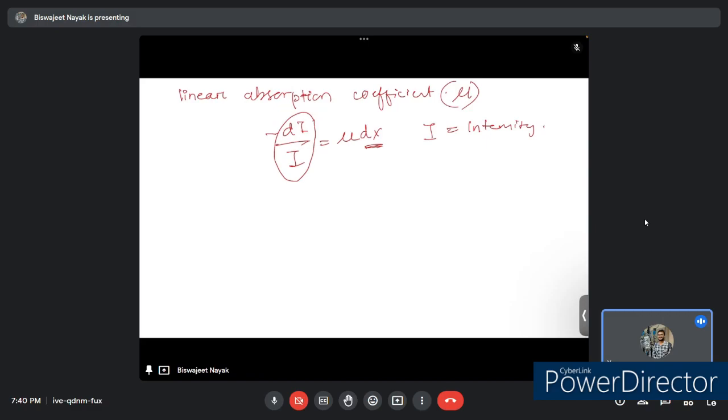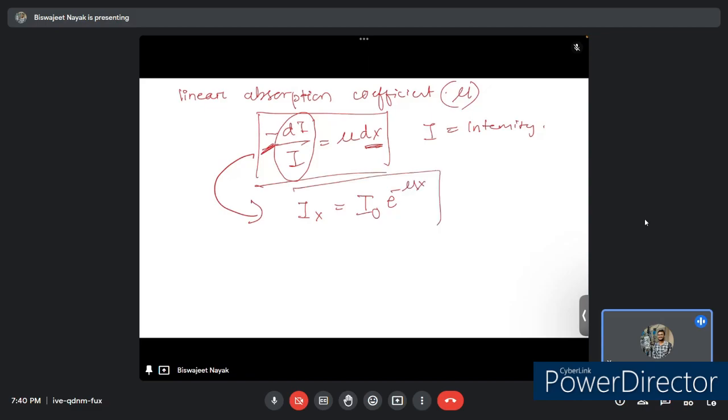As they move inside, their intensity is going to decrease. That's why it's given by a negative coefficient. And when we integrate it, we can easily get the value of intensity as I0 times the exponential,